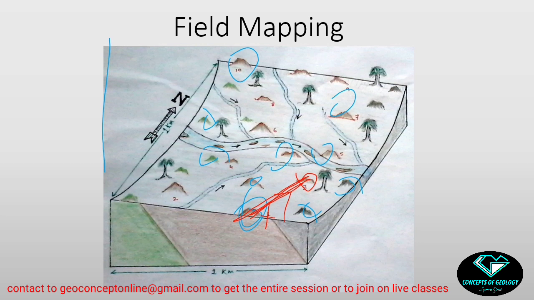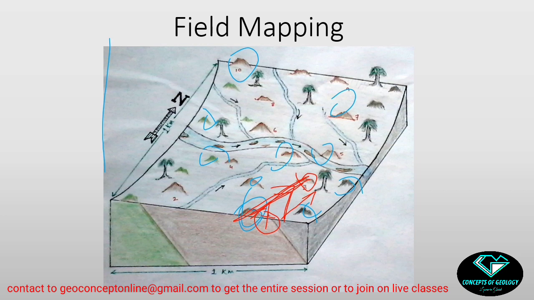I will convert the field distance with respect to my map scale. Suppose in the field it is 300 meters and my map scale is 100 meters equal to 1 centimeter, then it will be 3 centimeters in my map. Okay. So for doing this, we need to take the fore bearing. I will be here and I will take a fore bearing from my position towards the third outcrop, towards outcrop number 3. I will take the direction and the distance also.